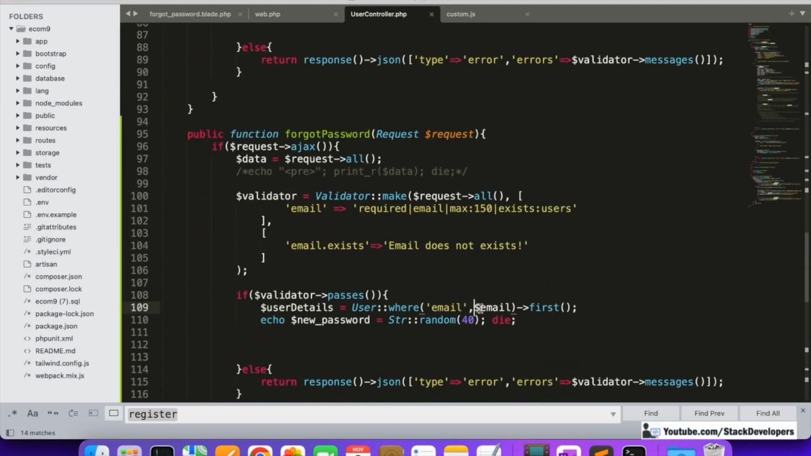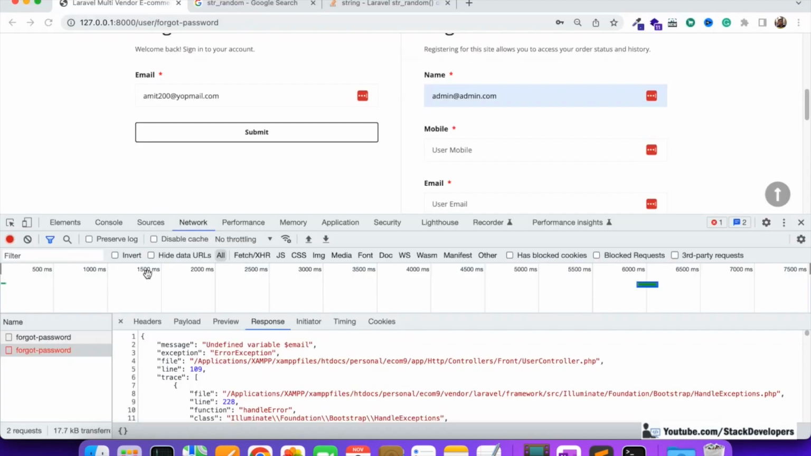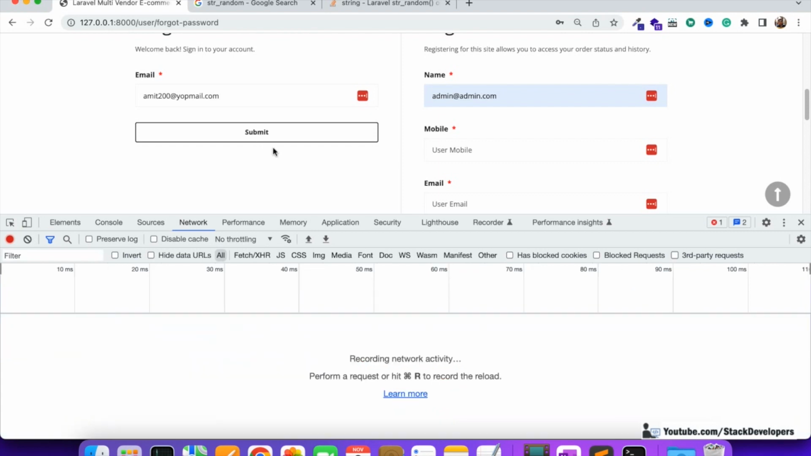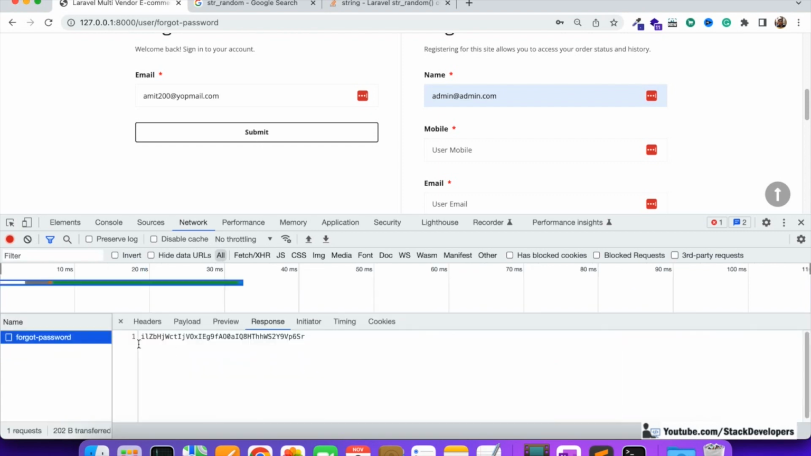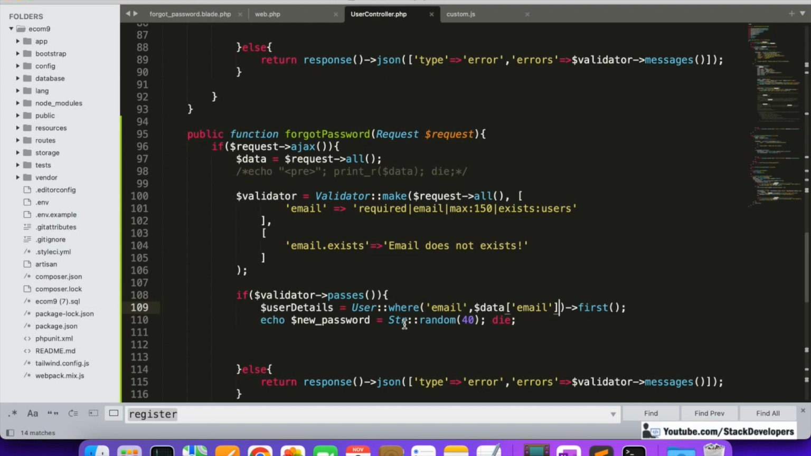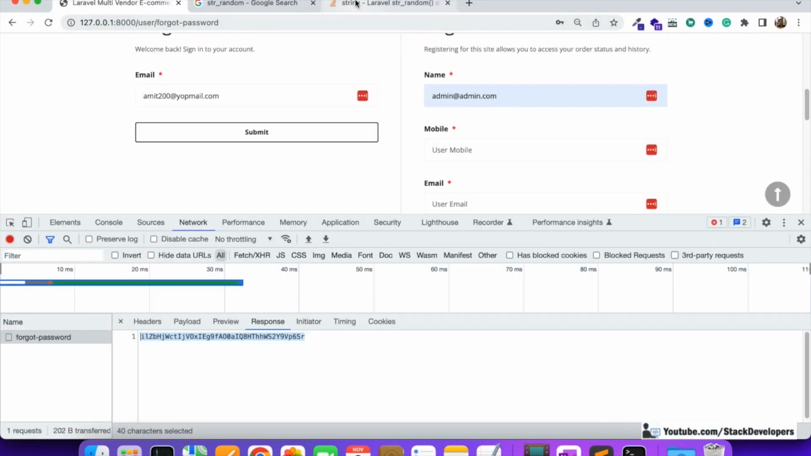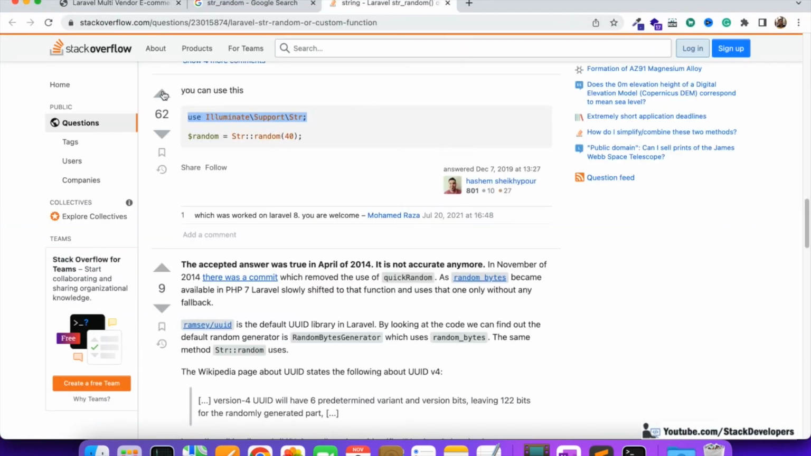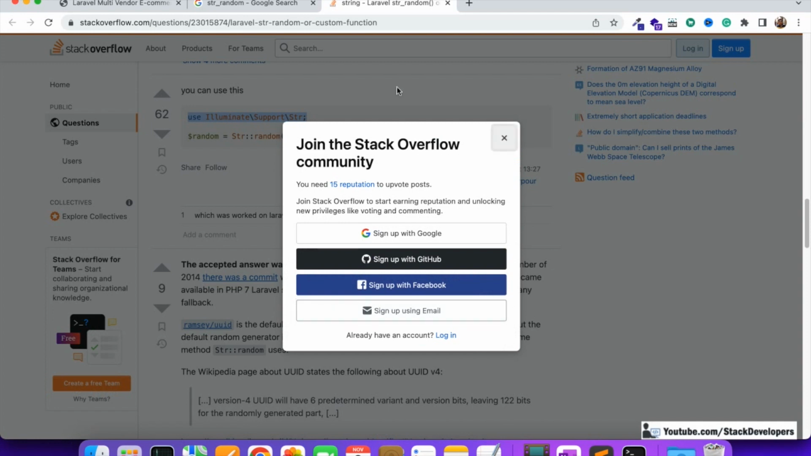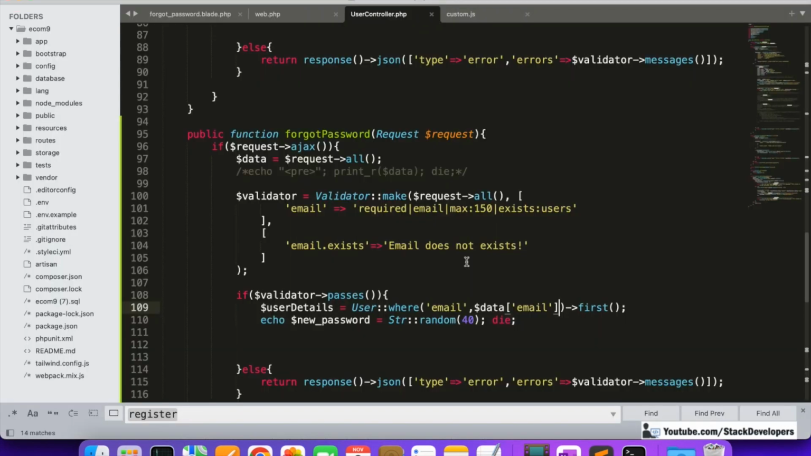So actually the error is because it is coming in dollar data email, not email, dollar data email. So we need to give it like this. Now we are going to submit again, and see it is generating fine. Okay, so it is working fine. Now see, we are using this str random function to generate the new password, but